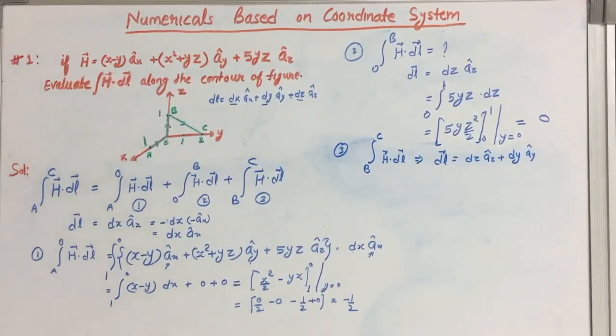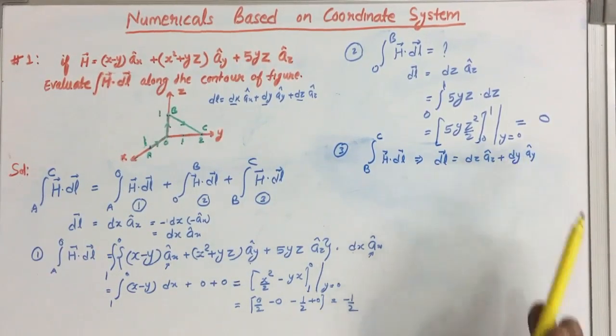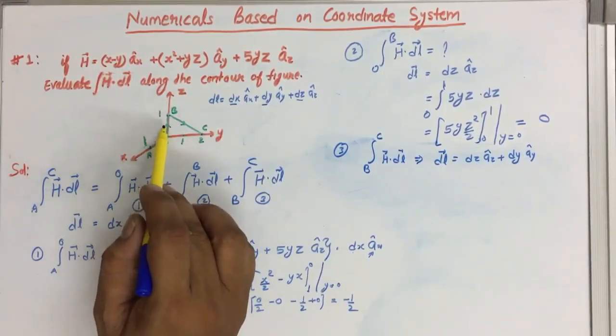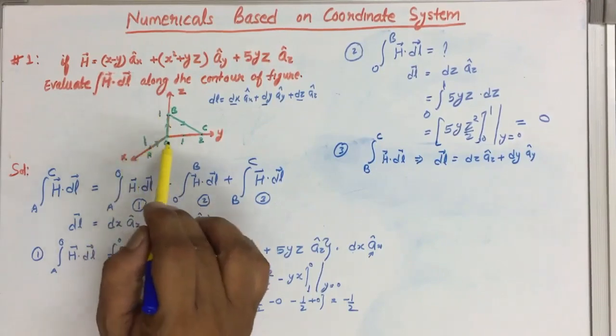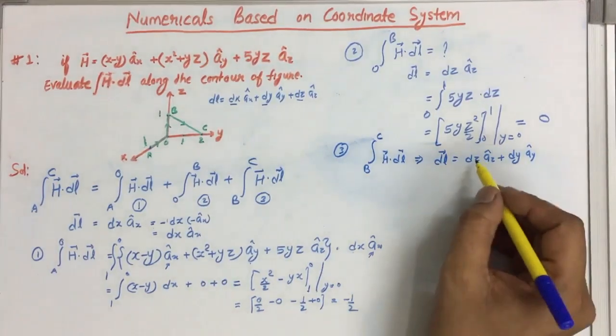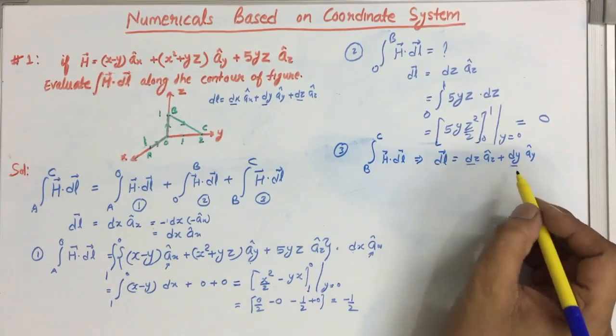We are not considering sign because we came to know if we consider sign, ultimately it will come with a plus sign, as it is coming here. We have discussed it here. So time to time we are not considering the sign, we are just taking which differential length this is. This is dz az, dy ay, that's it. So what we have to do now, we will try to find the relationship between dz and dy, how these two are changing.